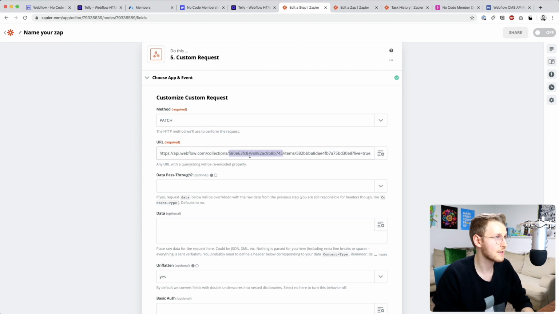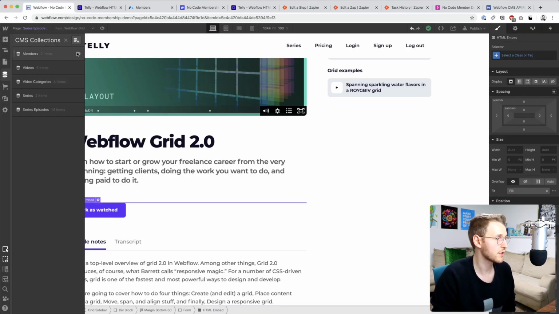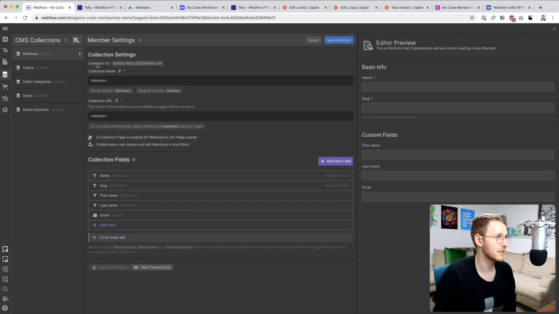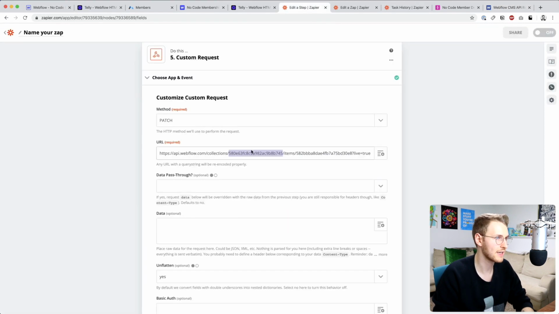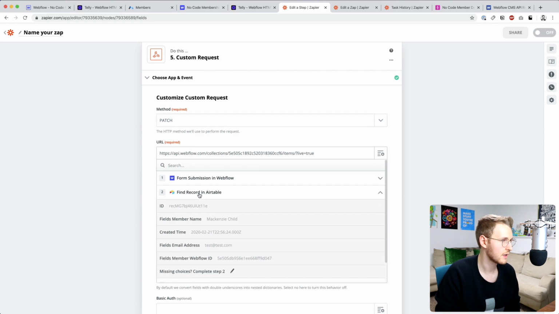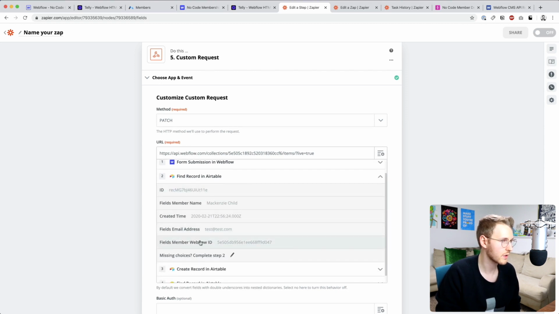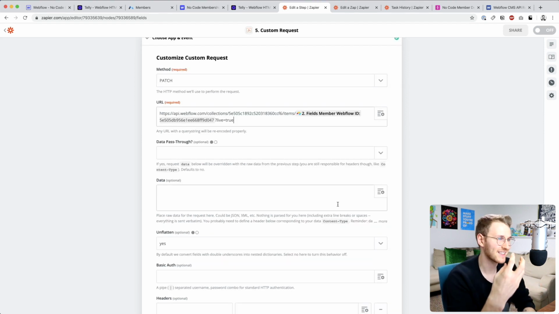So for the collection ID, you can go into Webflow, click on Members. In the settings, you have the collection ID right here. I'm just going to copy that, go back to Zapier, and paste that in. And then the item ID, we're actually going to pull from the previous step. We could do it from the second one and find their Webflow ID. And then you need to make sure you have this live equals true